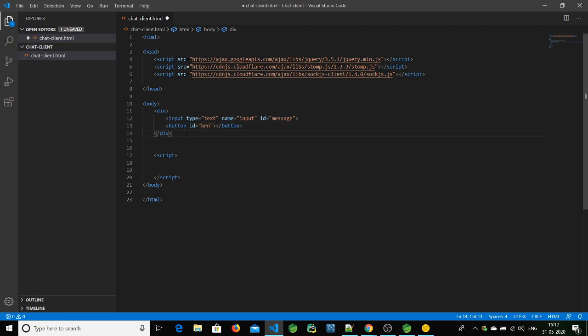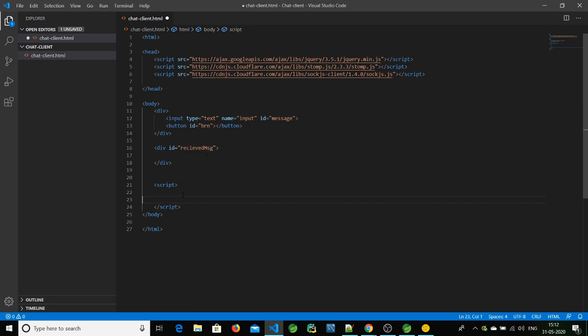And whatever messages we send or receive, we'll keep putting on the dashboard, so that we are able to see what we have sent and what we have received. So in that case, let's create one more div, and here we'll give id as received message. So this is the div.